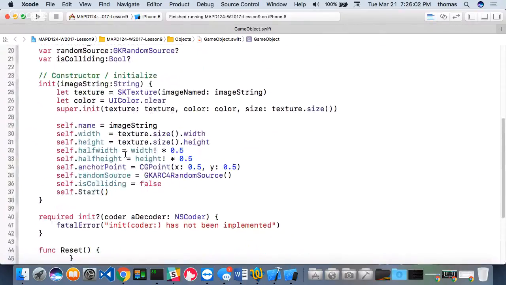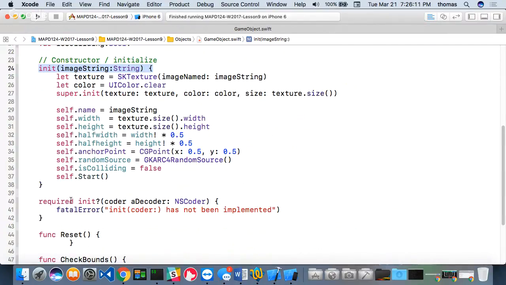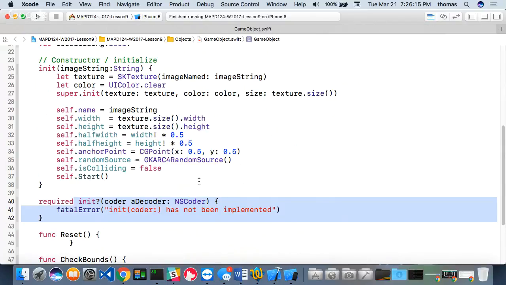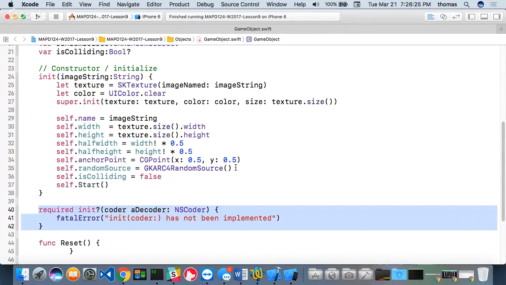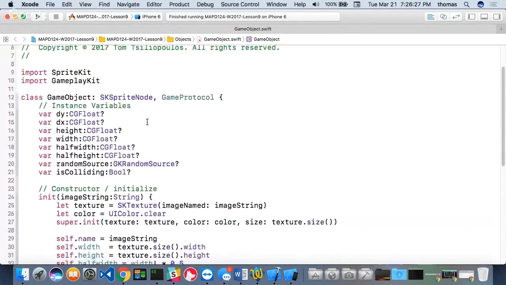I've got an initializer method. This is the constructor, right? And we need this initializer method because by default we have to create a coder decoder, right? Notice when I have NS, that's old Objective-C, which means at the bare minimum, you must have something like this. It's required for you to make your own custom SKSpriteNode